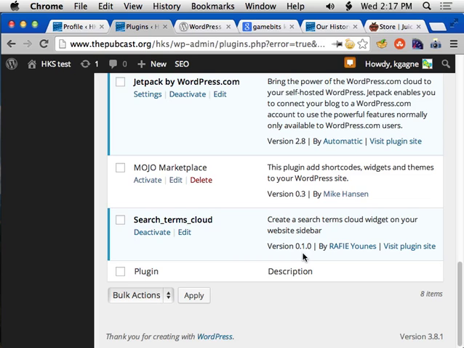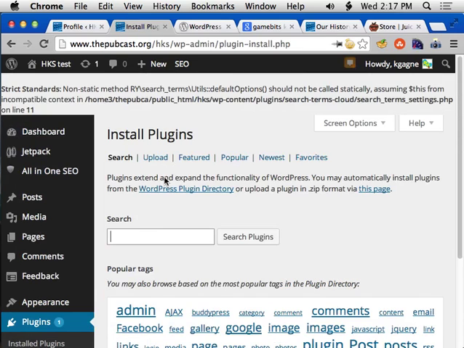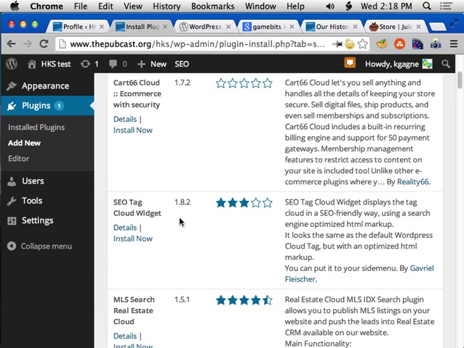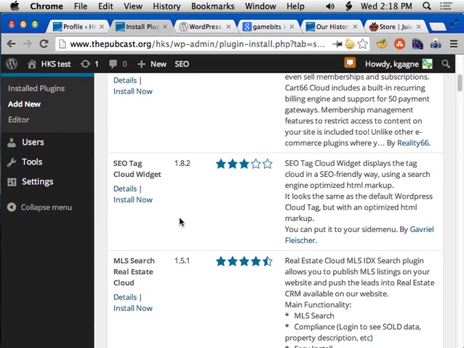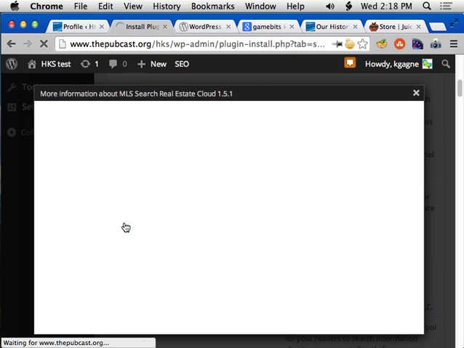Do these get reviewed somewhere, so you can check how popular they are? Yep. Let's go back to add a new plugin. I do that same search again, Search Cloud. So here you have a star rating. This random one that I'm picking out has 4.5 stars based on 7 ratings. If I click Details,